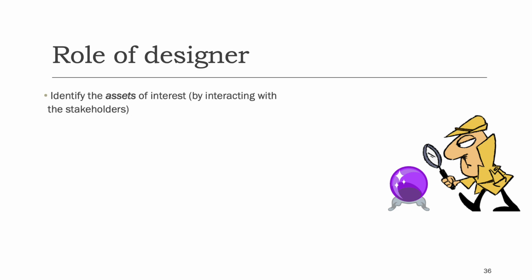So the first thing they have to do is identify the assets of interest. They do this usually by interacting with the stakeholders of the system as part of the preparation or planning for a security design analysis. Further, they also have to understand very clearly the relationship between these assets and the functionalities of the system, which is not always an easy thing to do, especially in a very large and complex organization where there is no single person that would have a good understanding of what's going on overall. Typically, designers need to elicit this kind of knowledge and information from several domain experts.